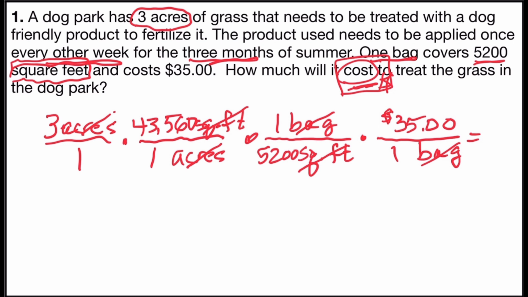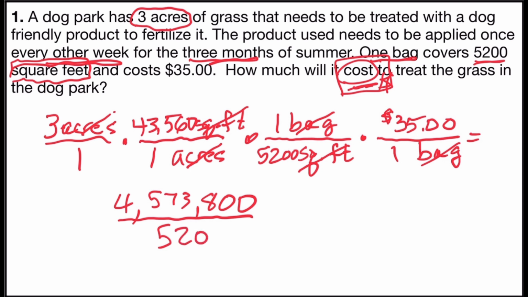Since this is just multiplying fractions, I'm going to multiply across the top, the numerators, 3 times 43,560 times 1 times 35, and I'm going to get a larger number, which actually is 4,573,800. And I'm going to multiply across the denominators, 1 times 5,200 times 1. That one's a little bit easier. It's just 5,200. And when I punch that into a calculator and round off, it's going to divide out to a total cost for 1 treatment of